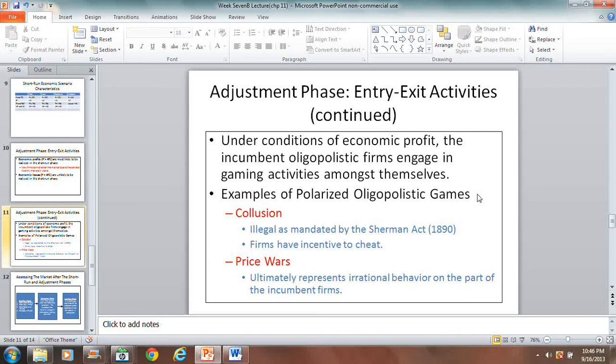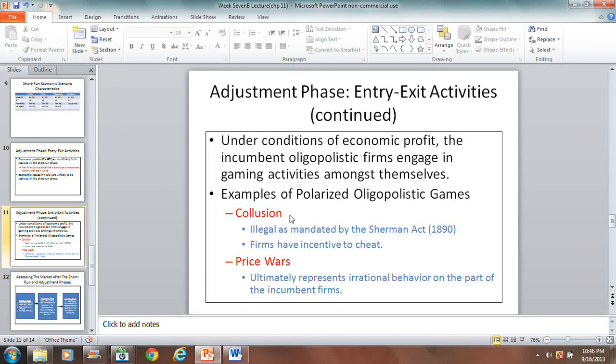So here's the setting. You have an industry with a few firms in it. The industry is heavily guarded. There are barriers to keep new competitors out. And so within the industry, the firms engage in gaming activity amongst themselves. One type of game they could play, at one extreme, is called collusion. Collusion is where the firms recognize that they have the industry to themselves and decide to work together. So they coordinate their pricing and output decisions. They in effect start acting like one big firm. They form, in effect, a team.